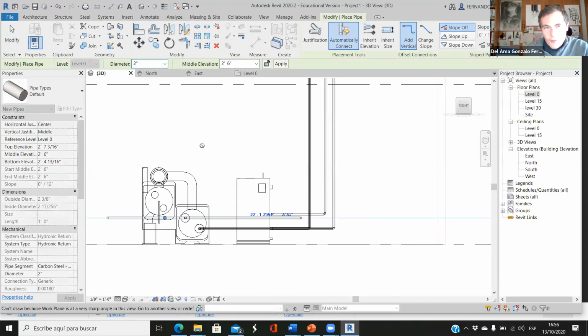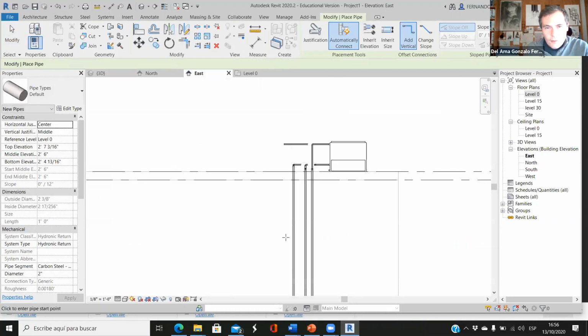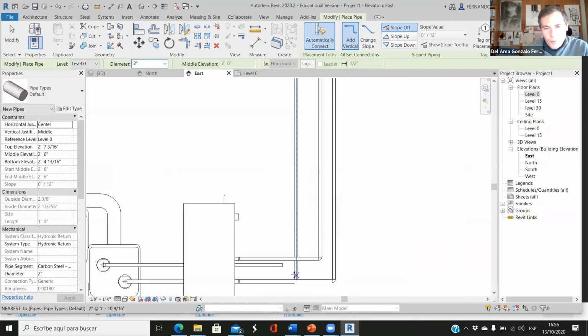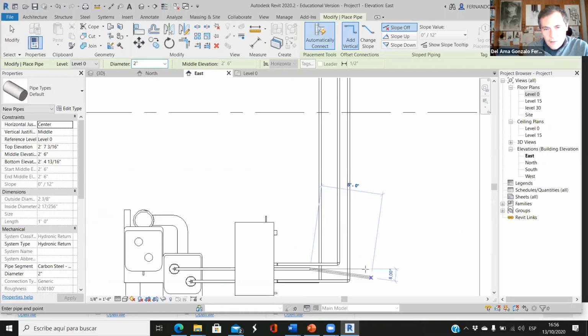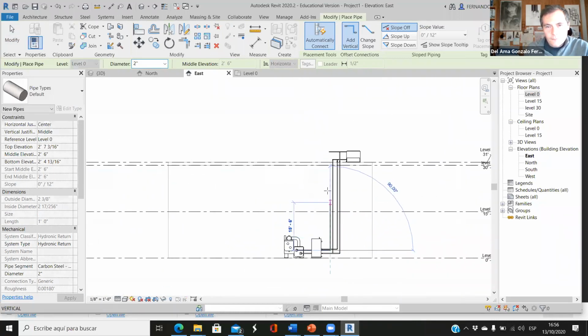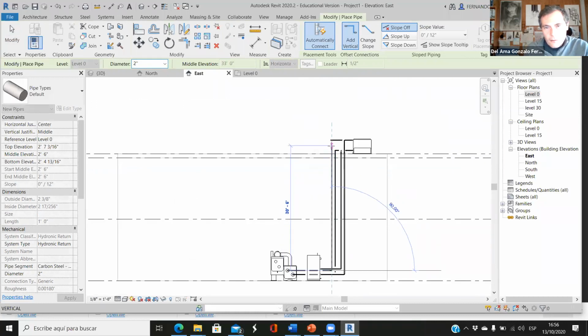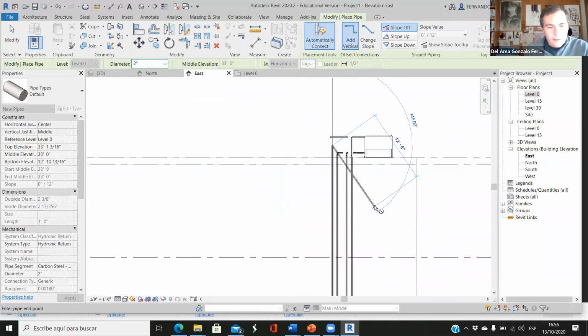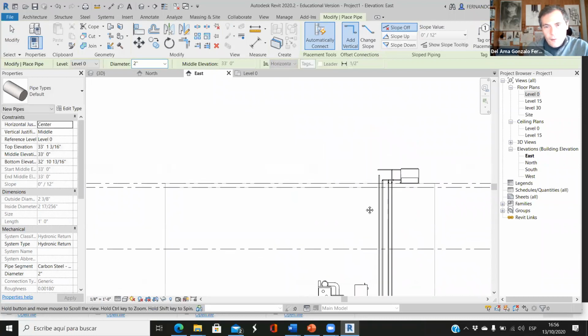Well, sometimes if you are doing this in the 3D model, it doesn't work. So you have to go to the east elevation. If you want to go up with pipes or ducts, it's better if you use the elevation. So it's like this. And now on the 3D,